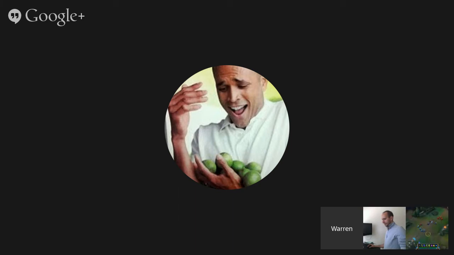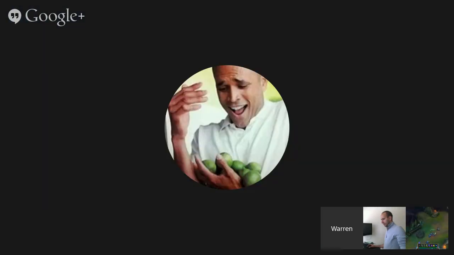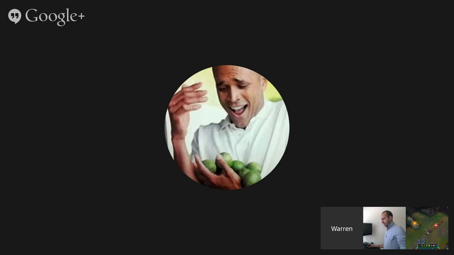Okay, and I guess I could get that. Okay. So what do you have right now? You have your Void Staff? Yep. Void Staff, Blasting Wand. Okay, so